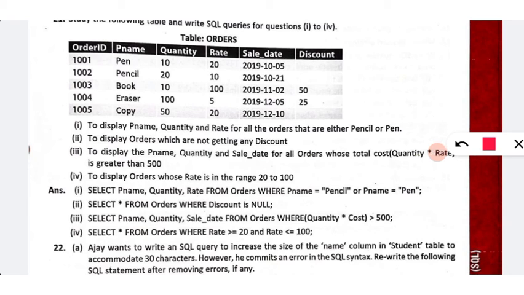So this is not wrong, this is also correct, but the between operator is more appropriate. So you can write where rate between 20 and 100. While using the between operator we also use the and operator.